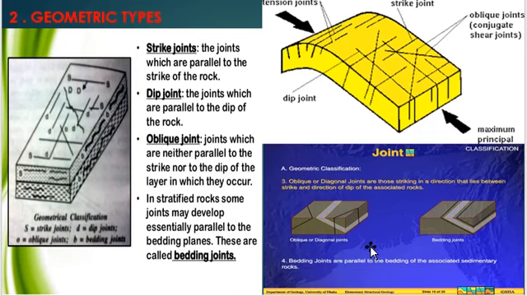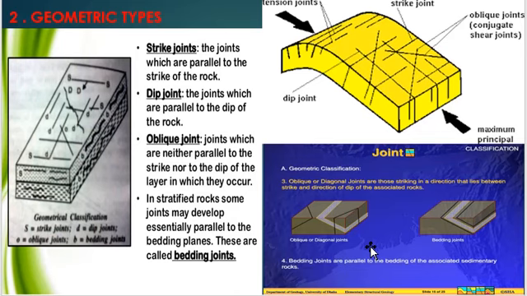In mural joints, 3 sets of joints are there. In seat joints, 2 sets, one prominent set and another less prominent. In columnar joints, 1 prominent set with less perfect cross joints. But in master joints, 3 sets, 1 set commonly parallel or coinciding with the bedding plane. Dip joints have 1 set of joints, extension and release joints both 1 set, but in conjugate joints 2 sets of joints are there.